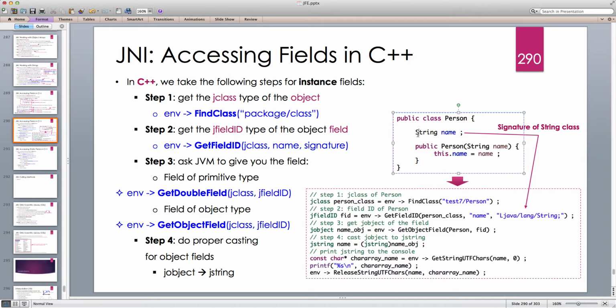In this case, it's a string object, so Ljava/lang/String;. Now that we have the information of jclass and jfield, we can actually retrieve the field. So we say JVM, get us the object field, and we pass in the object person. And remember, this is the person that comes from the argument of the JNI function, and then the